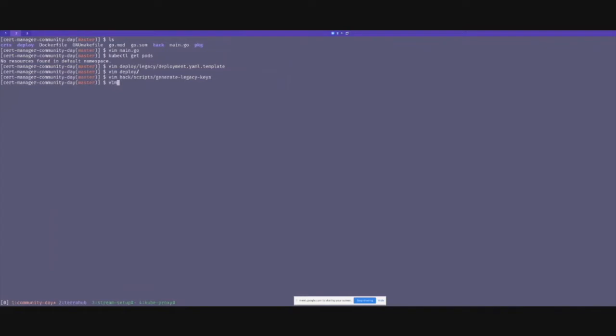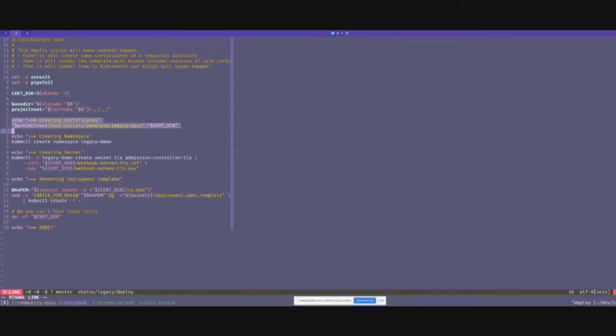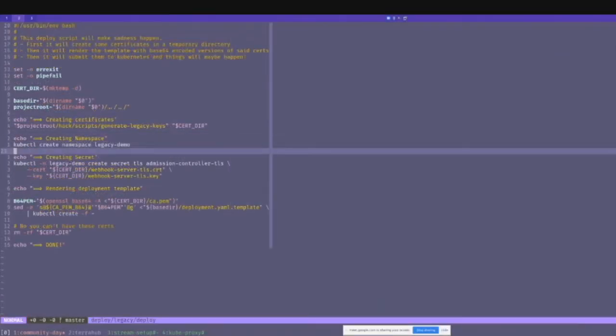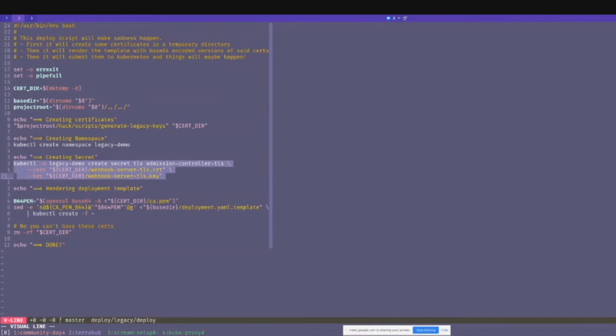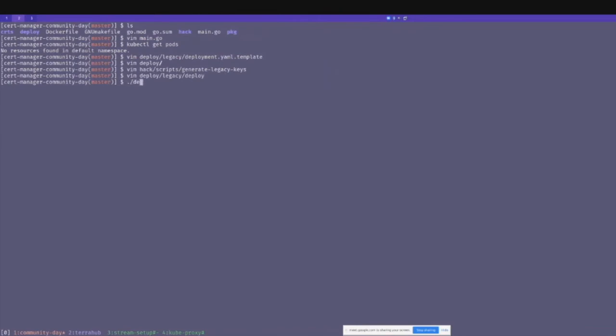Then we have a script that actually finishes the deployment. It generates certificates, creates the namespace, creates a secret based on those keys, renders the deployment YAML, and applies it to Kubernetes. This is kind of annoying because it doesn't do anything around managing expired certificates. If you need to roll everything, you need to go and regenerate everything and redeploy, which is not so nice. But if we go and deploy that,